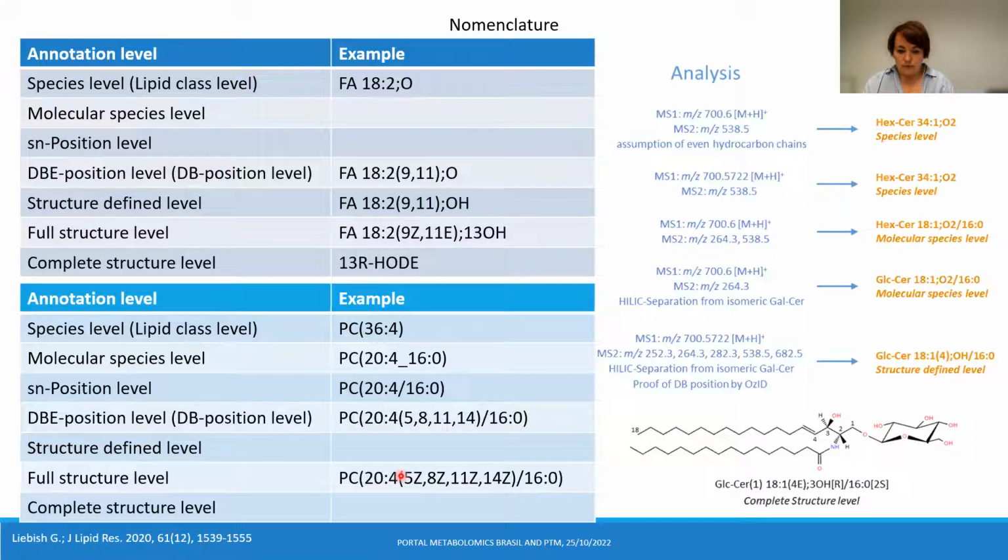Only report the information you can prove. Report the details that you can prove with the analytical information you have. It doesn't matter that the database told you that this is PC 24:16:0. No, the database doesn't know the information you have. So if you don't have the composition of fatty acids, just put the sum of the carbons and the double bonds and report it in this way. Provide only the name with the details that you can prove with your analytical data. No more.